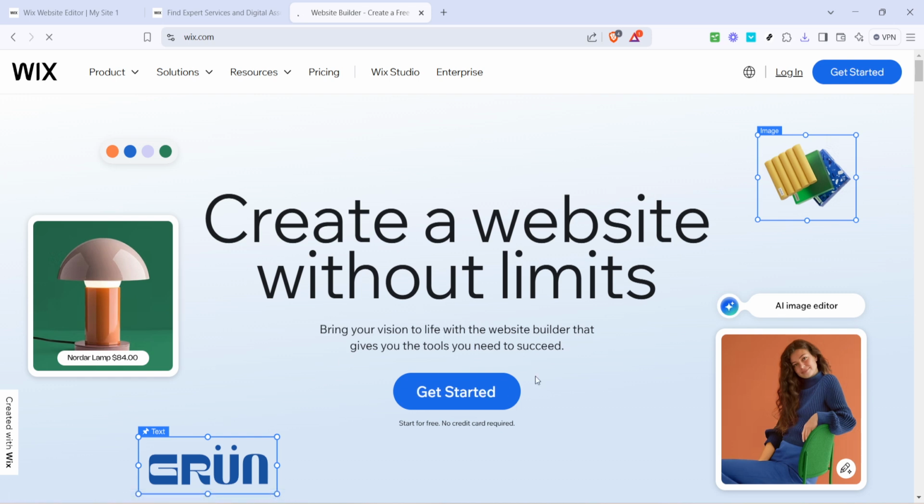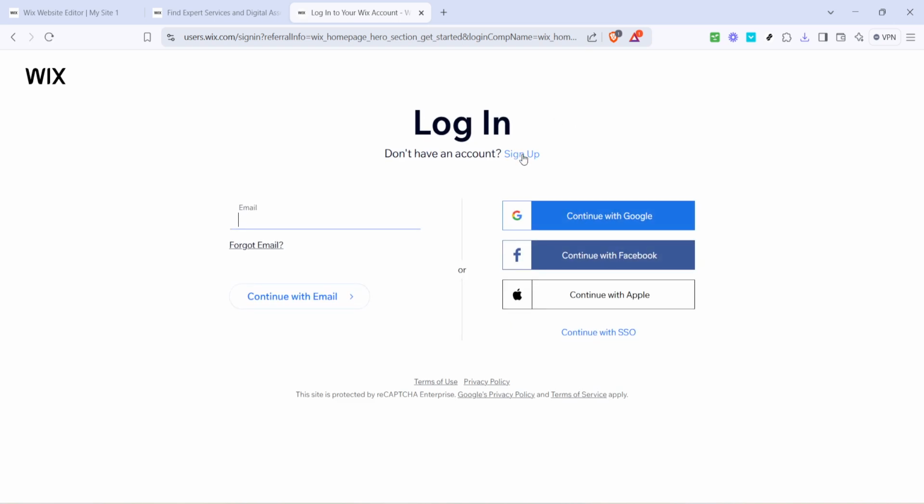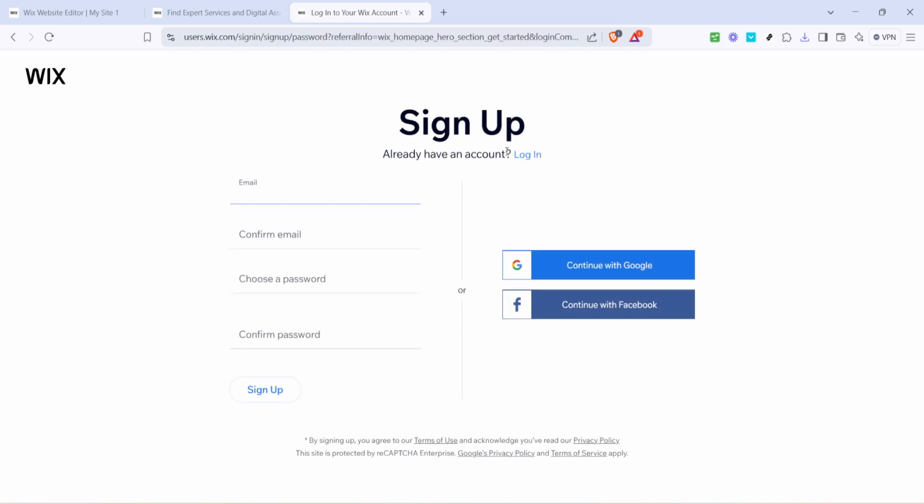This will initiate the process of signing up for a Wix account if you haven't done so already. If you already have an account, you can simply log in. But for those who are new, the next step is to click on the Sign Up button, which nicely guides you through creating your profile. An easy way to breeze through this is by opting for Continue with Google. This streamlines the process by connecting directly to your Google account, allowing you to skip some manual details and avoid